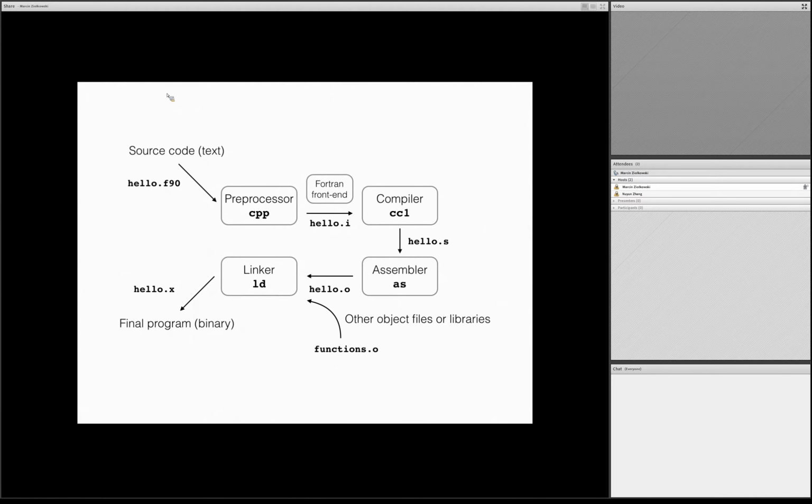What the compiler actually does is several steps. Each of these steps can be controlled, each can be modified and stopped after, and you can look at every single middle point. So the first thing that the compiler does is run the preprocessor. The preprocessor is an external part